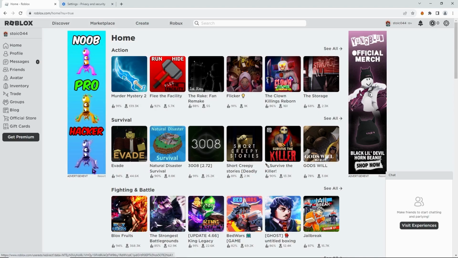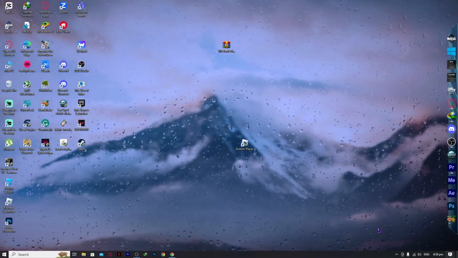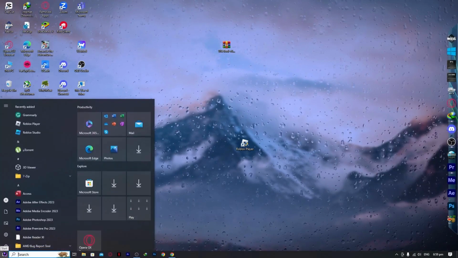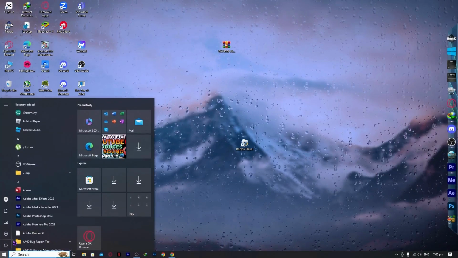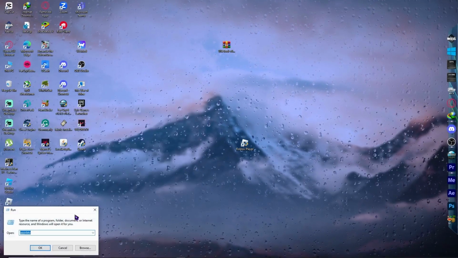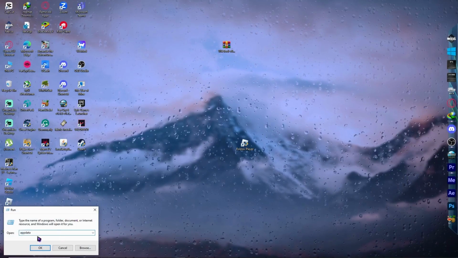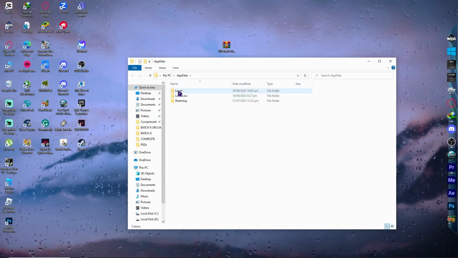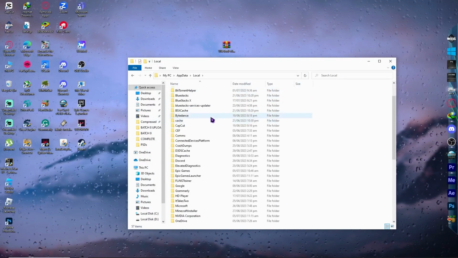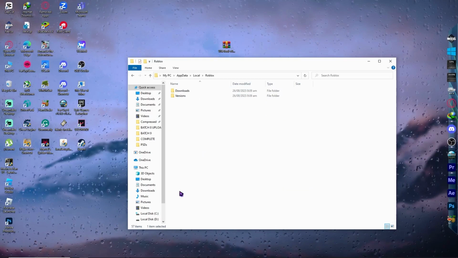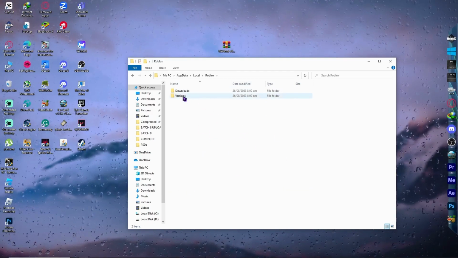And the next thing that we can do if this didn't solve your problem is that we want to go back right here. So let's go back, and from here we're gonna go into the start menu, and type run, or you can just press the Windows key and the R button on your keyboard, and from here we're gonna type appdata and click OK. And from here we're gonna go into local, and now we are going to go into the Roblox folder, so find it right here. So in my case it's here, find it right here and open,